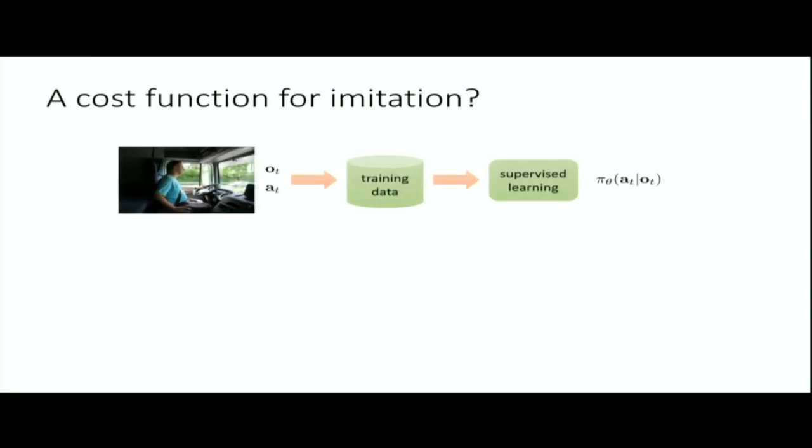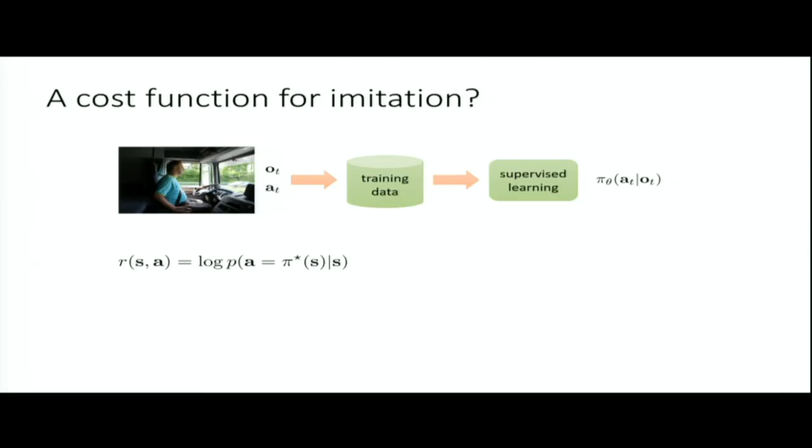All right. The last thing I want to mention is we talked about imitation learning, and then at the end I brought in this idea of reward and cost function. Can we actually write down a reward function for imitation learning? Does it correspond to some kind of well-defined reward? It turns out that the answer is yes: the reward for imitation learning, especially for things like the Dagger algorithm, is actually just the log probability of the action. So it is, in fact, a function of the state and action.